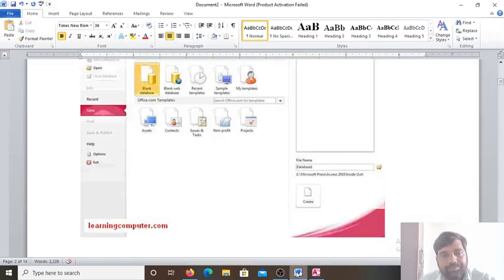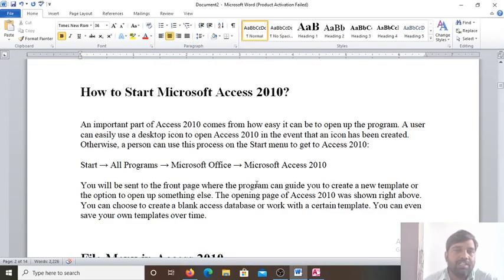So now we'll move to the next part, how to start Microsoft Access 2010. An important part of Access 2010 comes from how easy it can be to open up the program. So how you open it: you have to go to the start button, go to all programs, in Microsoft Office you'll find Microsoft Access 2010.